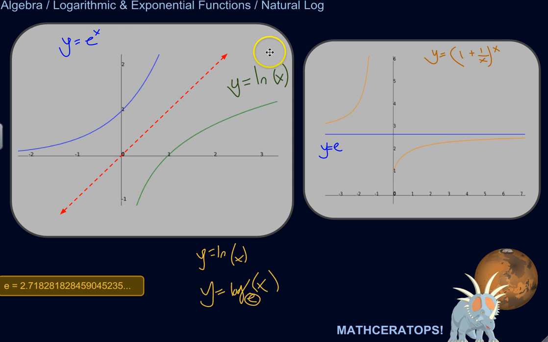So what is this number e? What's going on with this? What does that stand for? What does that mean? It's a very special number. It's a special number like pi. It's a number that occurs in nature and seems to show up everywhere. Well, it's